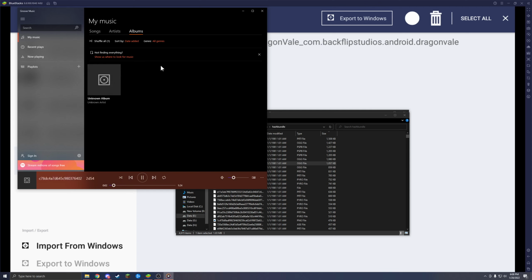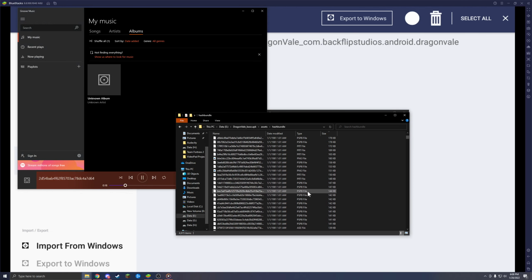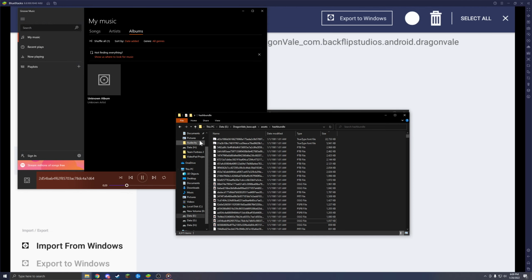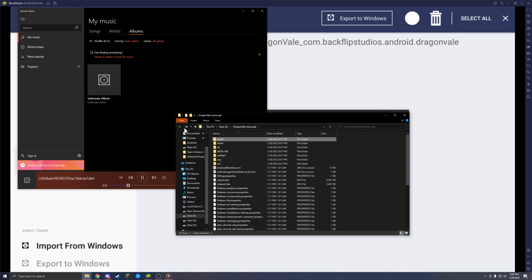Now, one slight problem with this whole thing is that I can't find all the files, only a few. It seems like the files in this aren't really, like, for example,